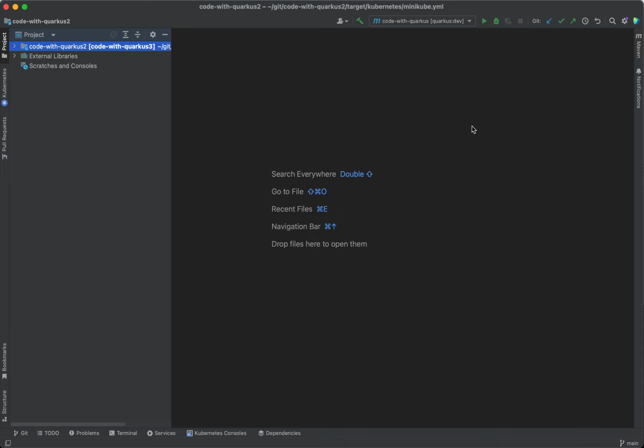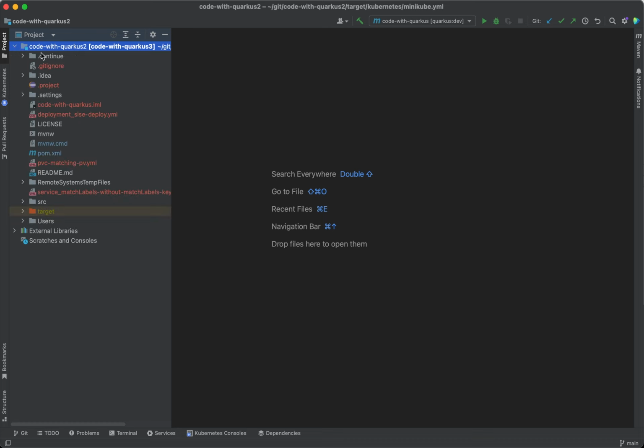I have my JetBrains IDEA running. I opened a Quarkus demo project and I added the Minikube and the Kubernetes extension to it so that I can deploy my application to Minikube or a generic Kubernetes cluster. You find those files in target Kubernetes,